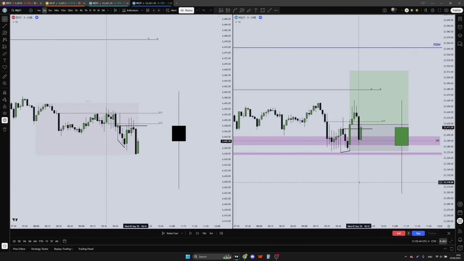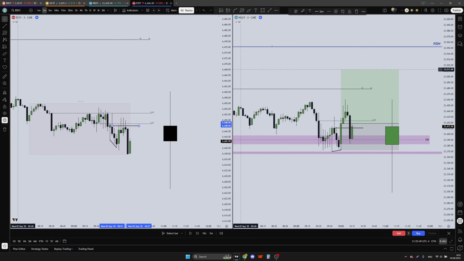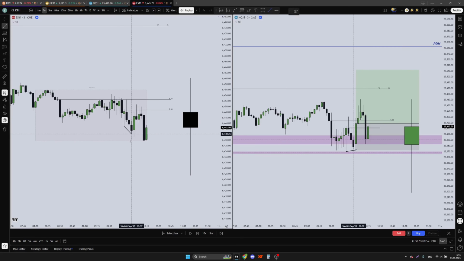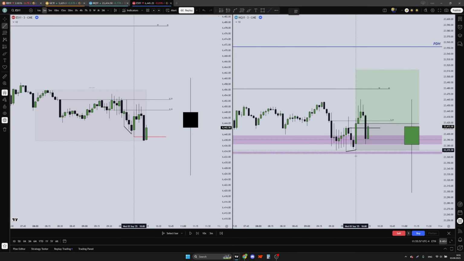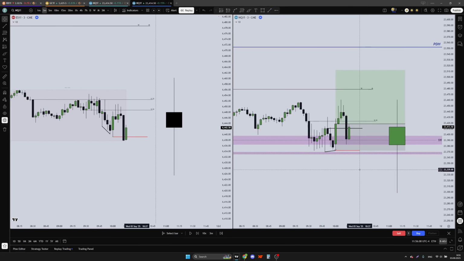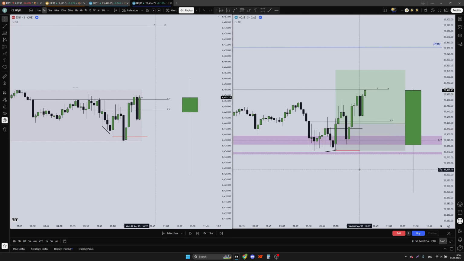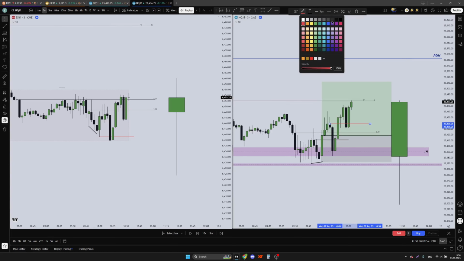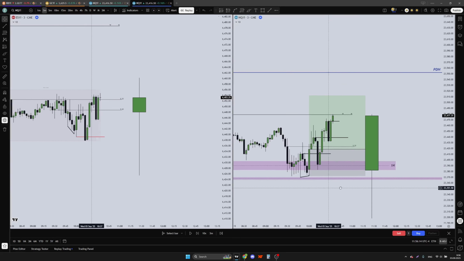Also, again, why is it really important to pick the right asset? Because look on the ES, right? It took this low, right? I would have been stopped out, but on NQ it didn't. Good. Right, then we see price displacing higher. We're having this order block. This one also could have been my entry as well, but